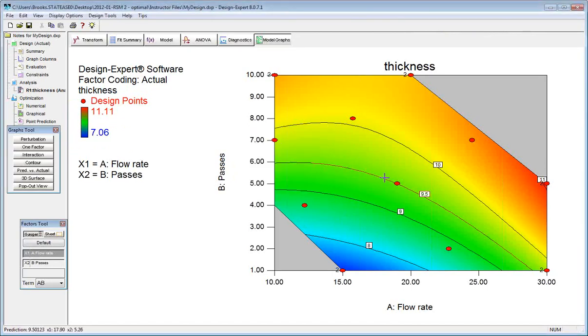But what we want to do here is just hit right there at 9.5 plus or minus a little bit. So you can see there's many different ways to do that. If you start at about 6 passes and a flow rate of 10, right here, that will hit 9.5. If you go for more of a flow rate, you decrease the number of passes, and then you can still hit it. So all the way along that line,